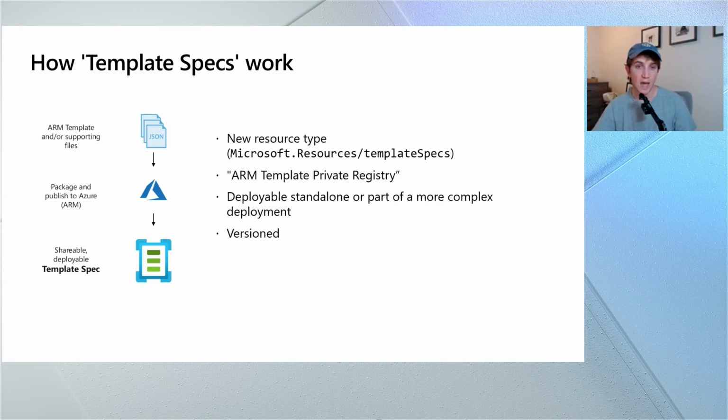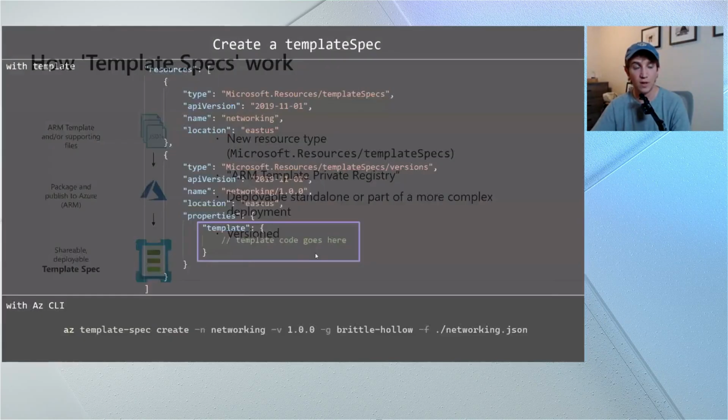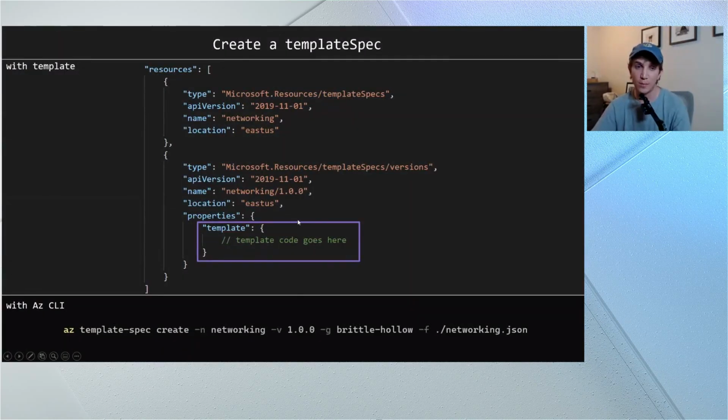It's deployable as a standalone ARM template, or I can deploy it as part of a larger, more complex deployment as a linked template, which I'll show you in a second. And these are versionable, so you can publish distinct versions and consume distinct versions as you would with a NuGet package or an NPM package or anything like that. This is what it looks like to create a template spec. This is creating a template spec with an ARM template itself. So you can see the template spec is the parent resource, and then the version is the child resource,